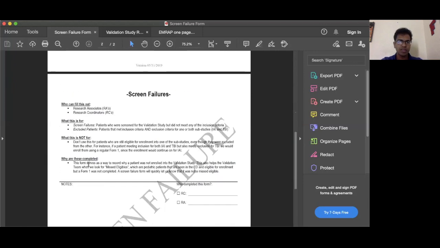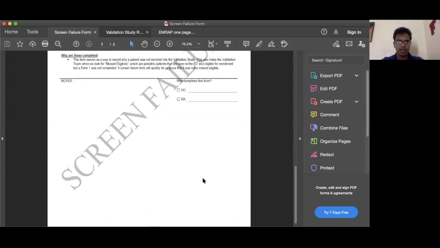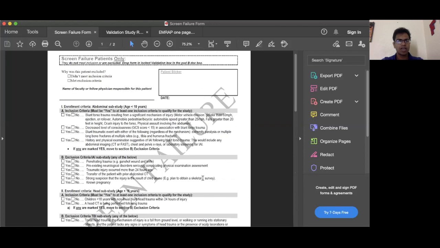And then on the second sheet, we have this portion down here, which we have to fill out. Essentially, it's like who completed this form. If you've done it, just click RA, and then just print your name there, and then afterwards you turn it in. So in terms of how to fill this out,